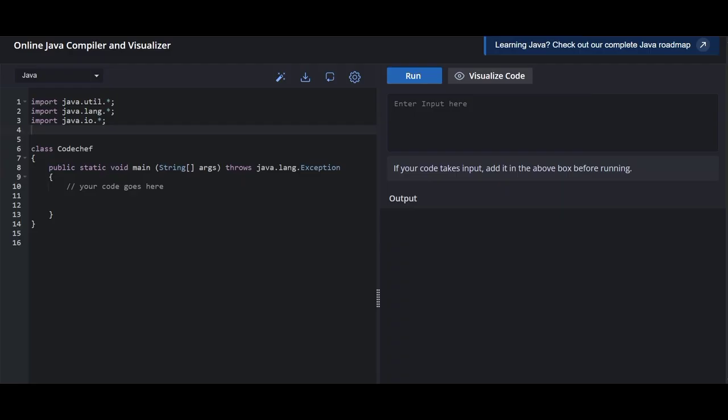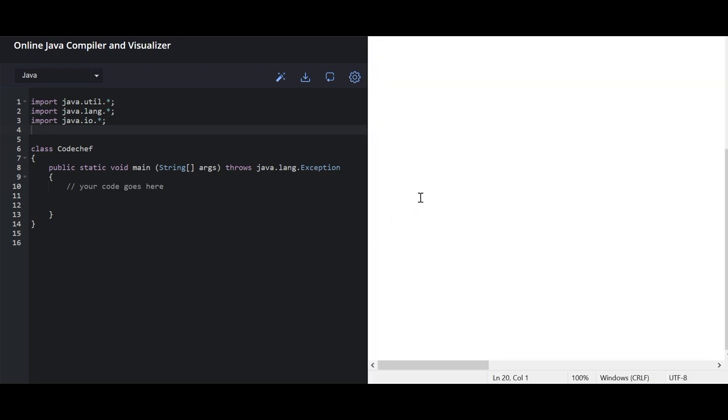In today's video, we will learn how to print Fibonacci series using Java. So first, let's see what Fibonacci numbers are. Each number is the sum of the two previous numbers. Basically, in the Fibonacci series, let's see with the help of an example. Each number is the sum of the two previous numbers.